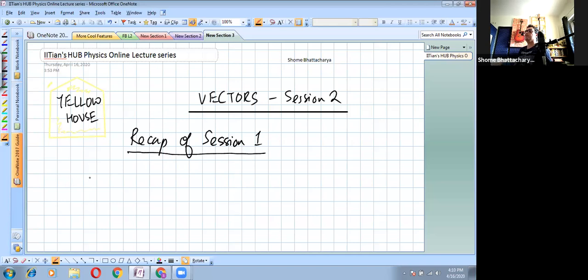So, the first thing we saw was the definition of vectors. I'm sure everybody has understood what they are. But more importantly, given a physical quantity, even if it is a little bit confusing at the beginning, when we are not sure whether to define it as a vector or scalar, how do we come up with a very simple way of classifying it?